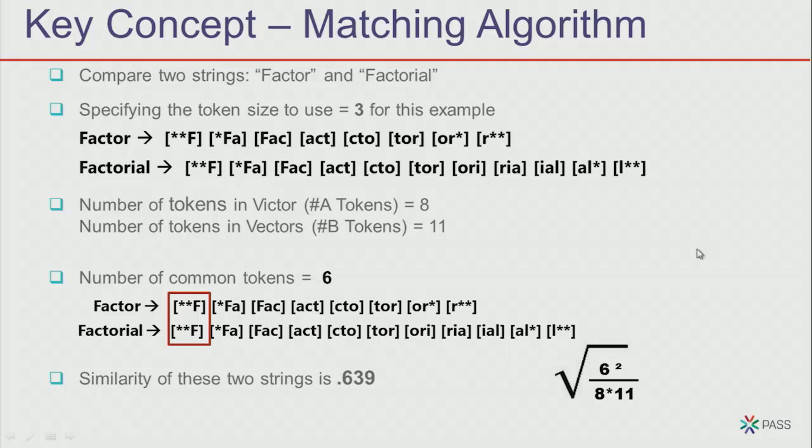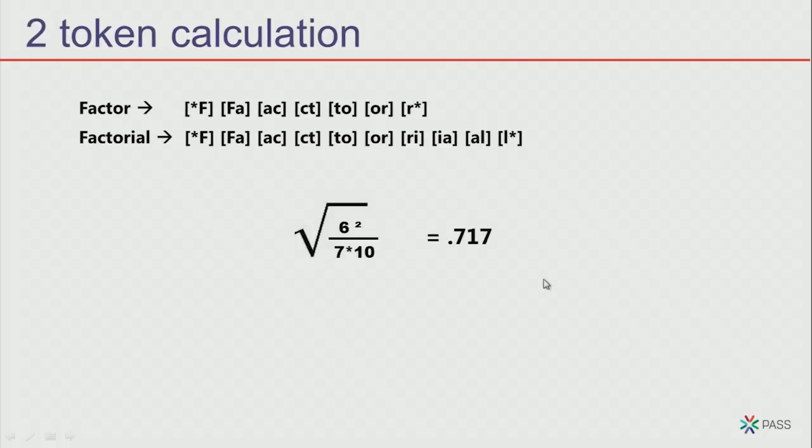Here's a quick example of that. If I'm comparing two strings like factor and factorial, they look pretty close, right? They are. In fact, I determined that they were 0.63. Close. This is using something called a token size. Token size 3 means that's how we're going to carve out the permutations, in groups of 3, and then compare them with the other one in those same token sizes. That actually is part of the algorithm here. That's the top piece. The number of tokens is what we square. And then in a calculation,